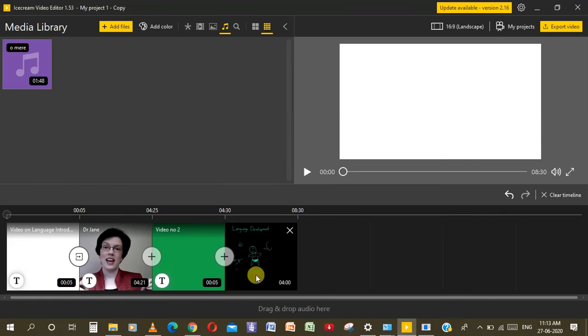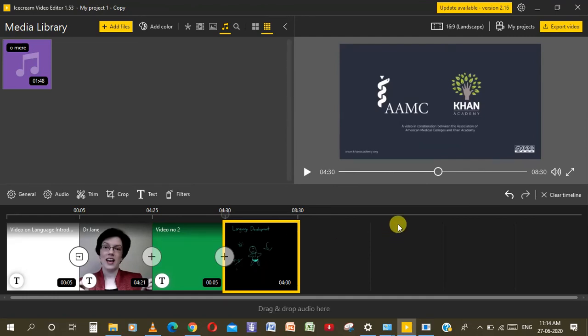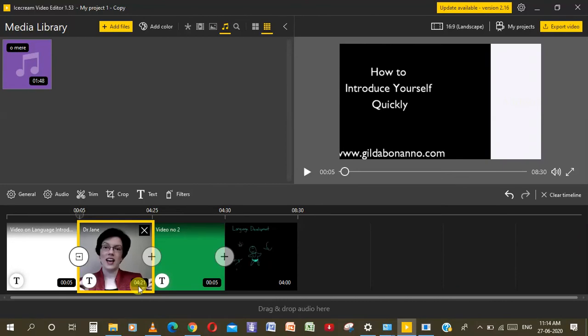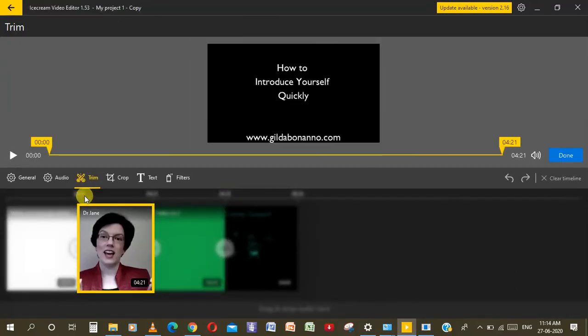Friends, there is another tool of this. Say for example, this is for 4 minutes and 21 seconds. If you don't want some part, you can trim it. Just go for trim.